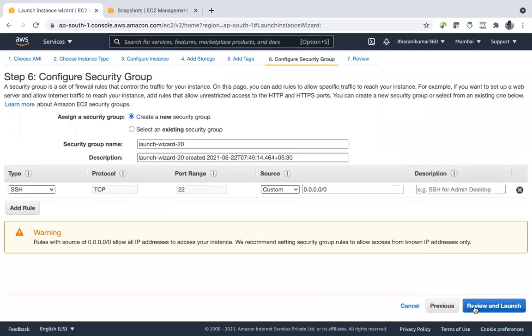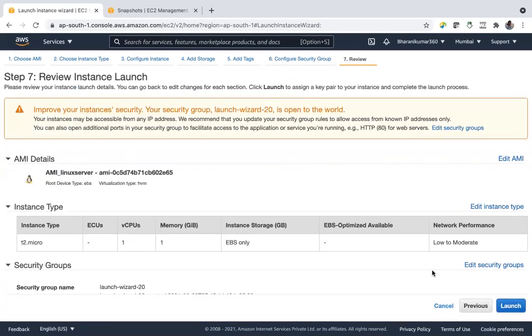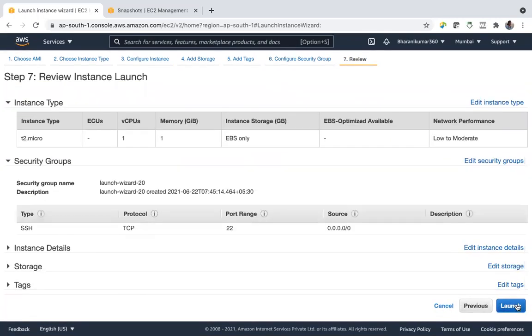Next, security group. Security group will not come. Security group, you have to add rules and review and launch. Launch your instance.